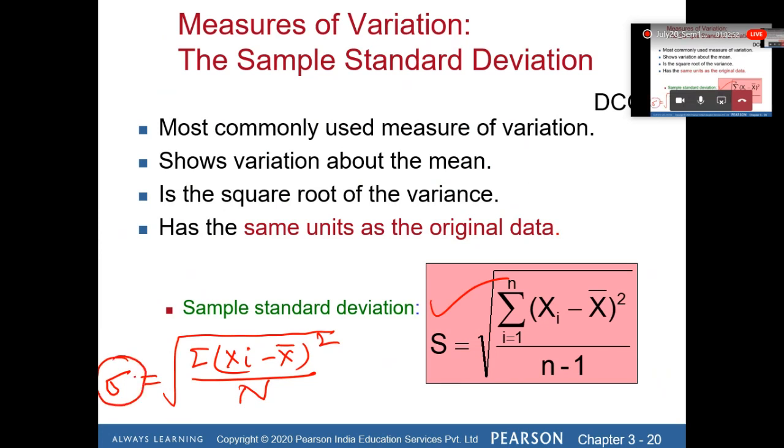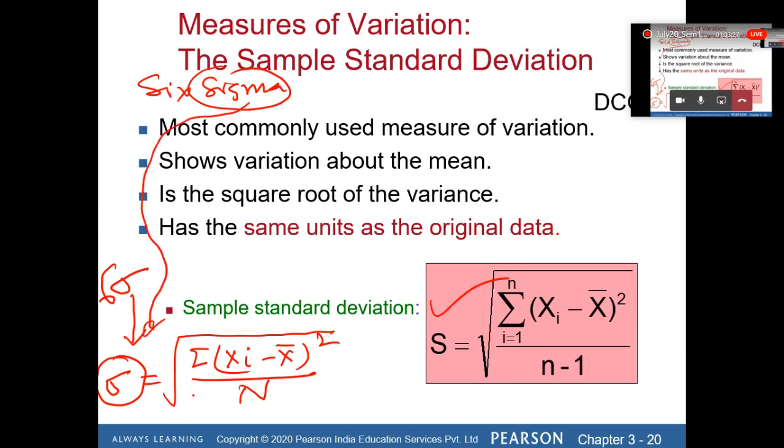And because of this sigma, in business you are using 6 sigma. 6 multiplied by sigma. 6 sigma is a philosophy, 6 sigma is a practice. We are doing business, and here 6 is a number, and this sigma is the population standard deviation. All of you already know the 6 sigma practice. When asked what type of company you have, you say my company is a 6 sigma company. So 6 multiplied by population standard deviation is the practice.